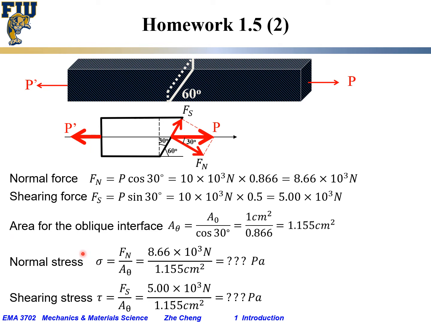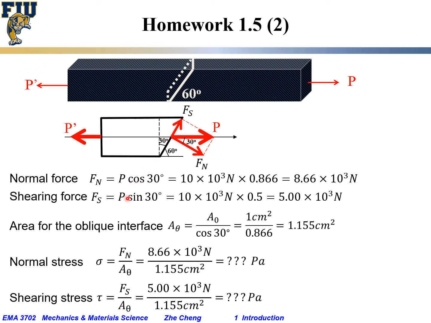So the normal stress, when the force you are considering is perpendicular to this plane, would be Fn over A theta. Fn we said is 8.66 times 1000 Newton divided by A theta, which is 1.155 centimeters squared, and you plug in the number, you get the answer. Similarly, the shearing stress tau would be shearing force Fs divided by the area for this oblique interface,